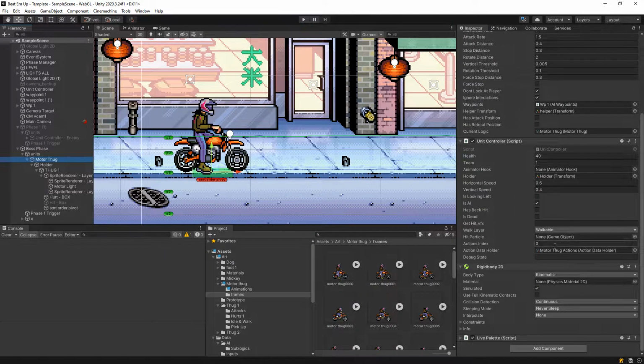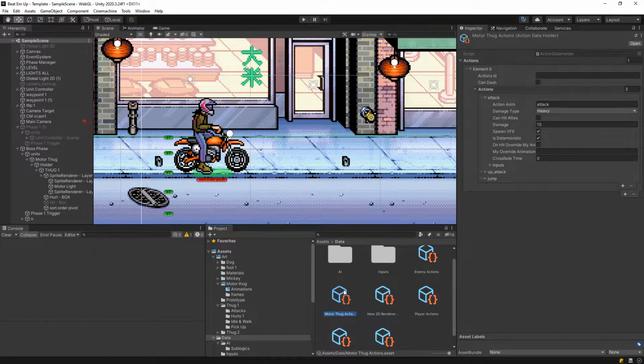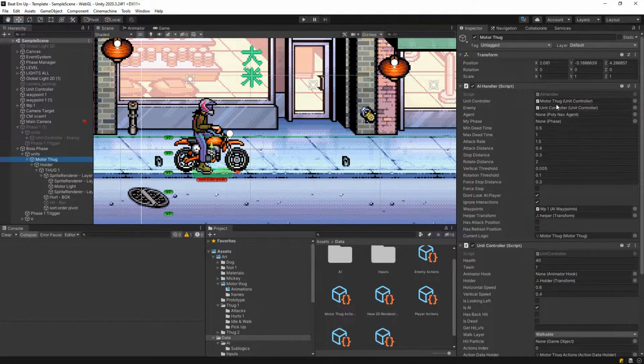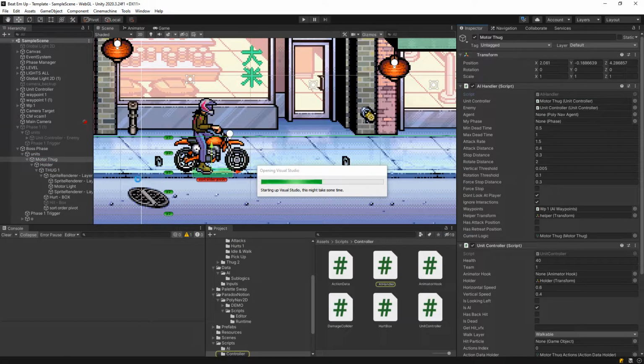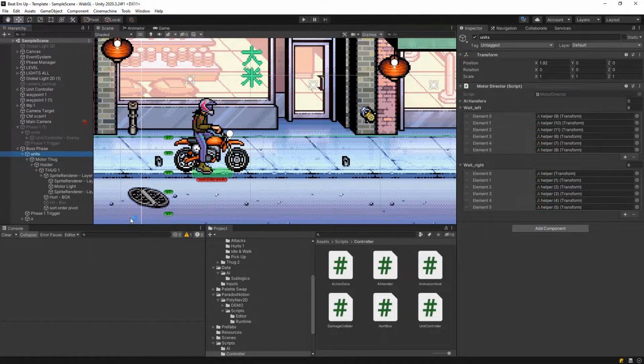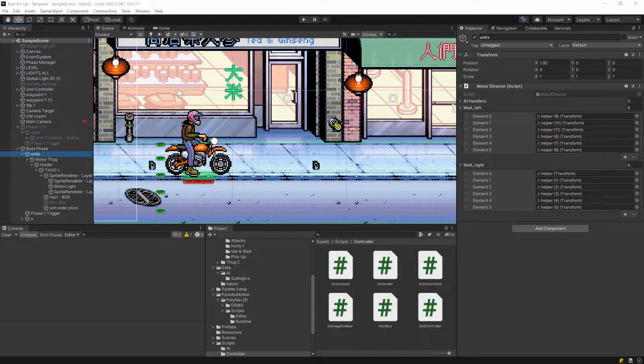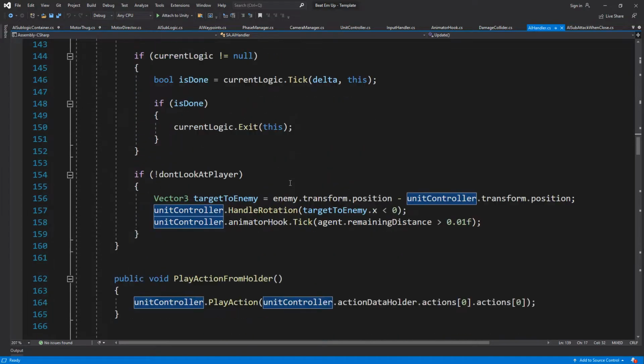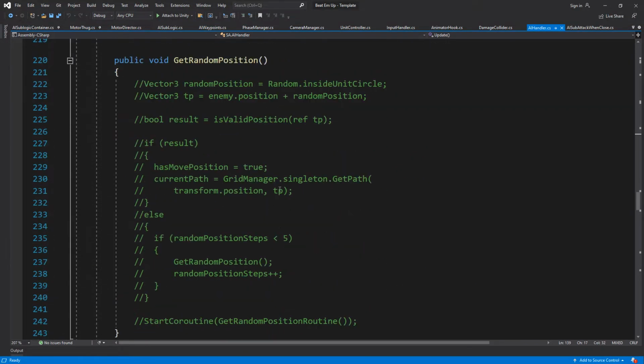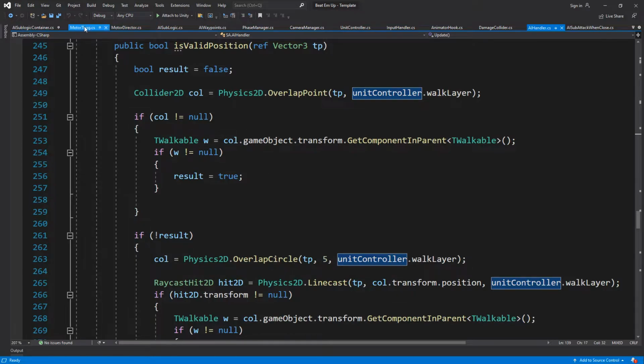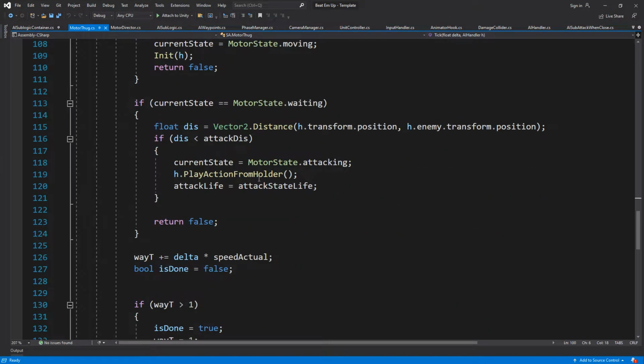Let's open up his logic. That's the action. I want to see if we also have the thug director in. Do we have it? Okay, it's in. Awesome. Then let's bring this in here. So when we're changing back to the idle on waiting, that's the AI handler, that's the one we want. So when you're changing now to waiting,